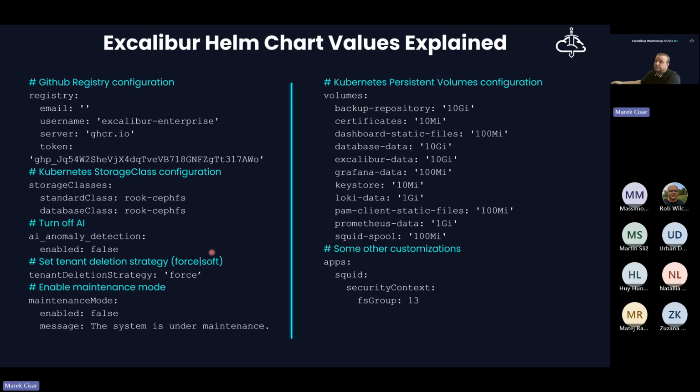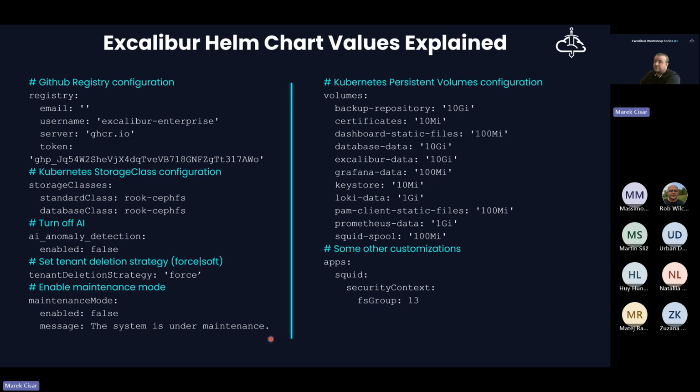In soft mode, the tenant will be marked for deletion, and the user will be informed within the dashboard: okay, this tenant is marked for deletion, the deletion will occur on such and such date and time. That's the reason why we need to define it, and this is the place where we can define the deletion strategy of the tenants.